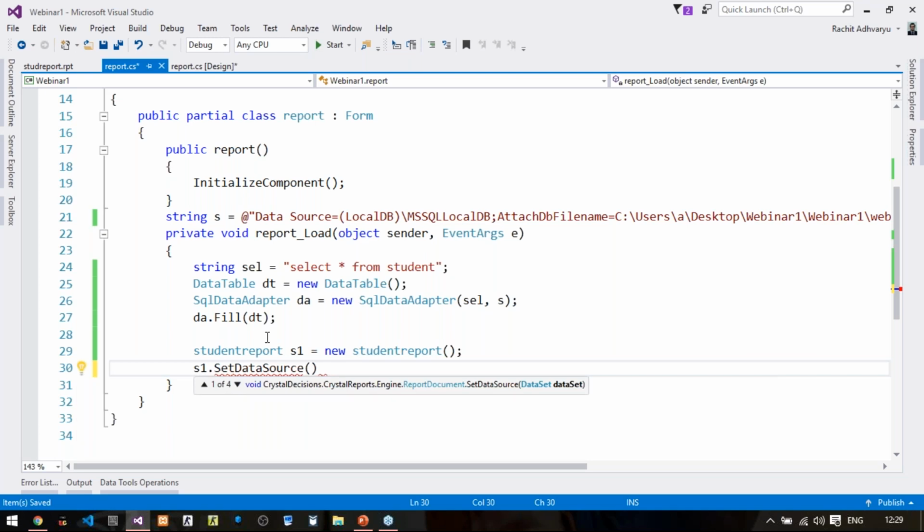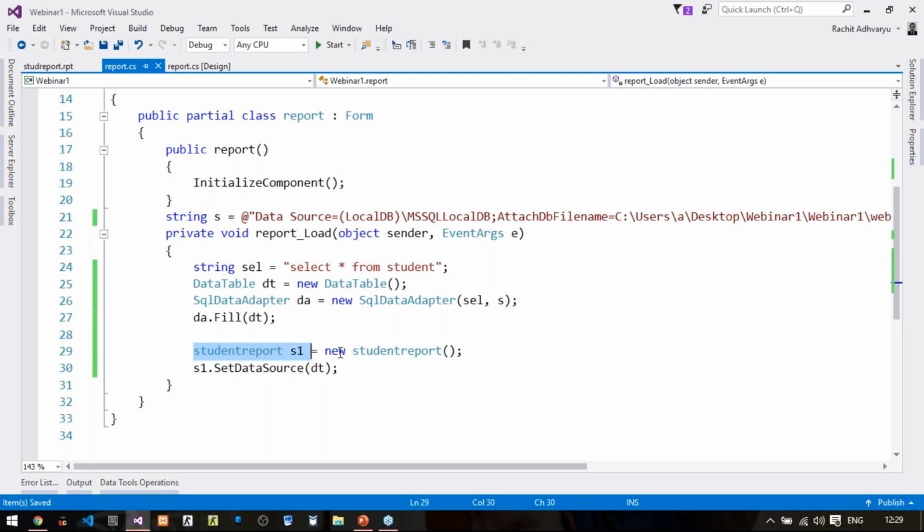Right? So I want to show the data of this data table. So I will write DT here. Clear? So what is done? I have created the object of Crystal report. Then I have said that this Crystal report will have the data source of this data table. And then the last part will be the Crystal report viewer that we created in this form dot report source equals to S1. That's it. Fire the query of select, store the data in data table, create the object of,